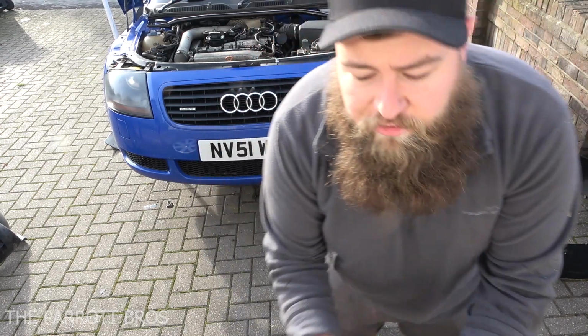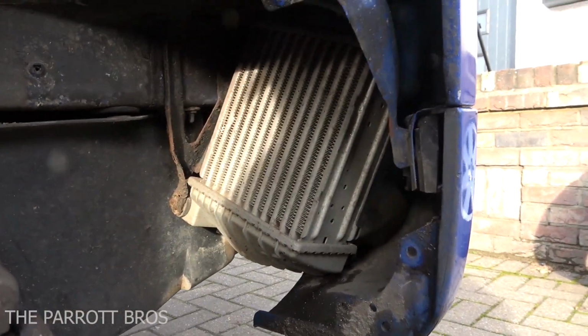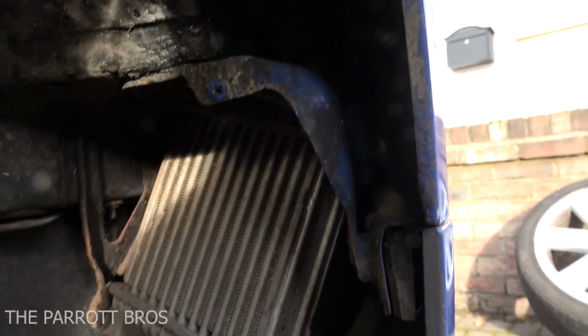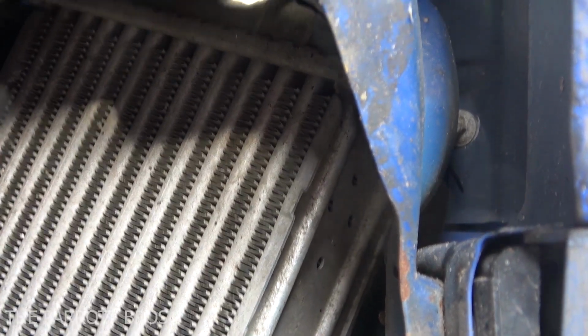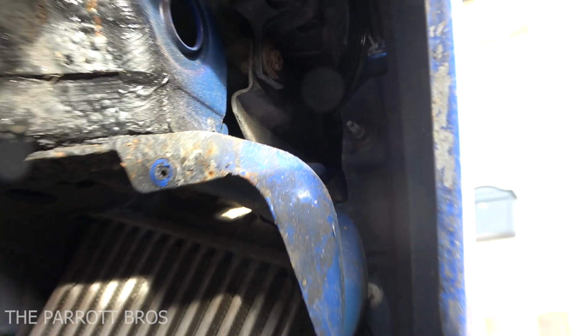Okay, so that's the inner arch liner removed. Now I'll just give you a quick look around and you can see what we've got. Okay, so this is the inner arch liner. There's the side mounting intercoolers. Now there's a couple of fixing points. You can just about see, wait for the light to come back. I might have to get a torch to show you guys. So there's 2 bolt fixings, one there and one up there. And that holds the front bumper on, as well as